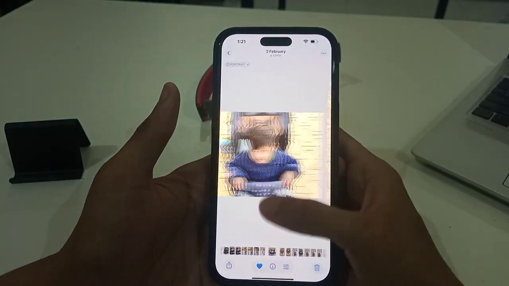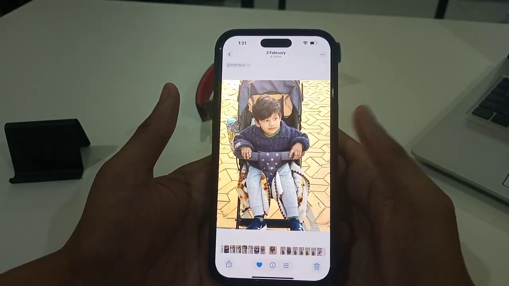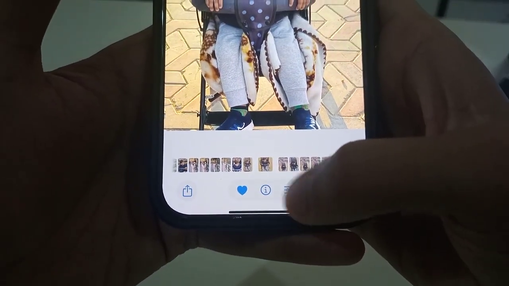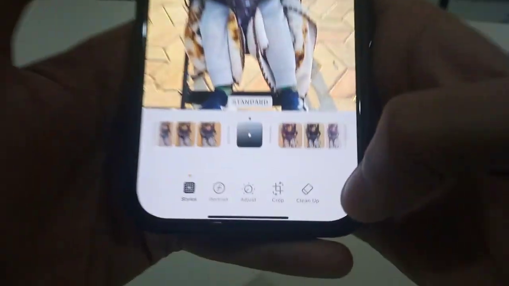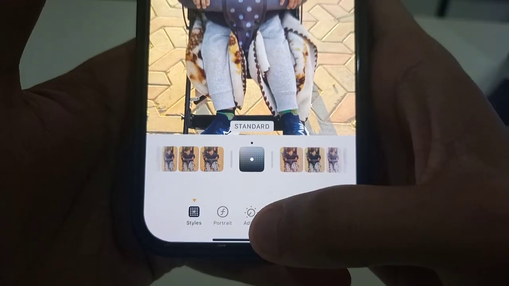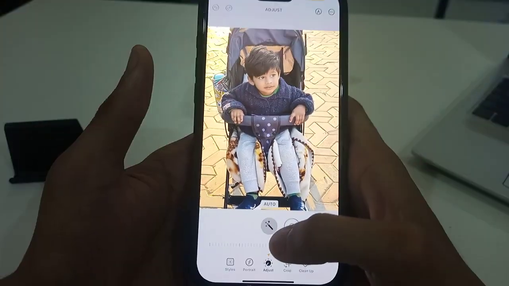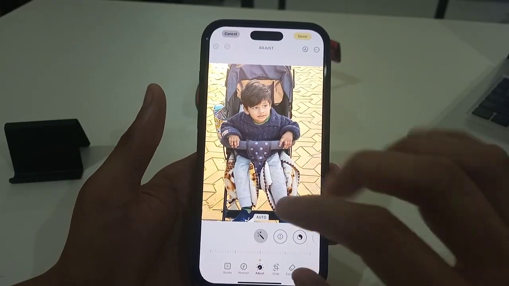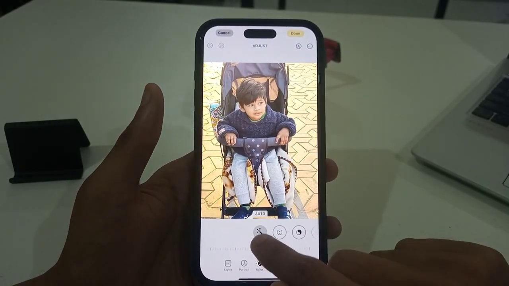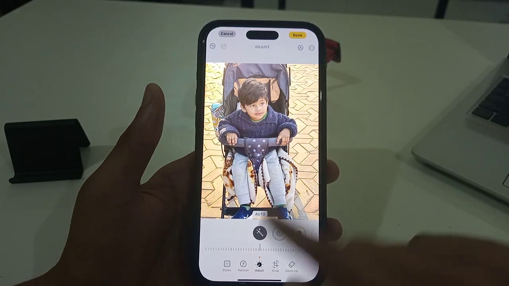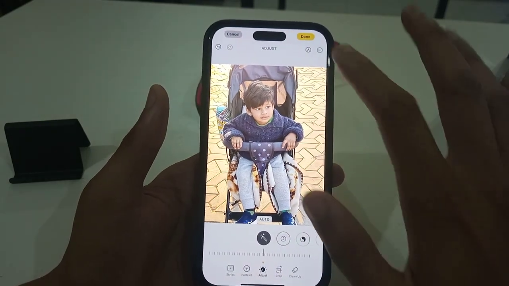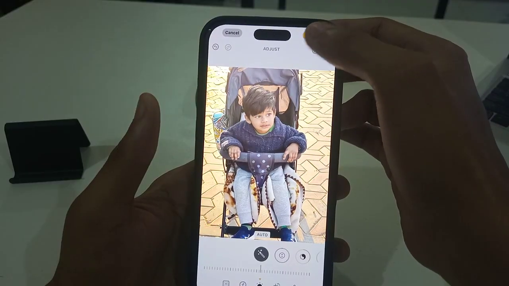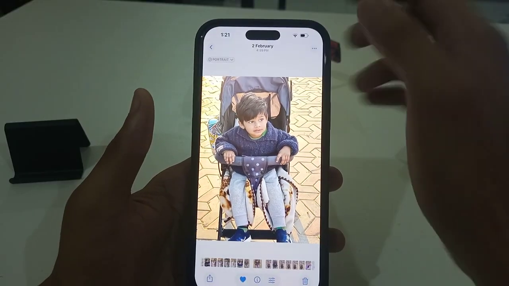of your photos, and after selecting any photo, I recommend you to use this option. Just tap on it, three lines here, and after going to the three lines, you see that there's an adjust option. Just tap on the adjust option, and you see that it will auto grade the color and enhance the photo. As you see that there's an auto option, you just need to tap on it and it will automatically enhance the colors. You just need to press the done button, and after doing this, it will automatically increase the